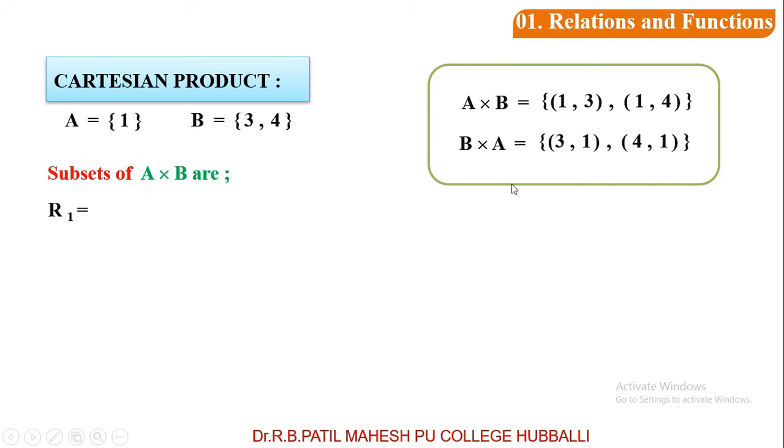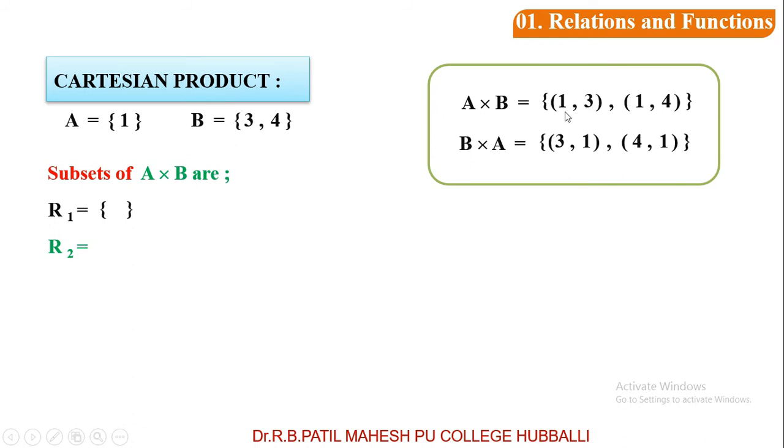Dear students, A cross B is here, concentrate. Let me denote the subsets as R1, R2, R3, R4. The first subset of A cross B is the empty set. As you know, the empty set is always a subset of a given set. Therefore, for A cross B, I am writing its subsets. The first subset is the empty set. The next subset, you can see in A cross B,